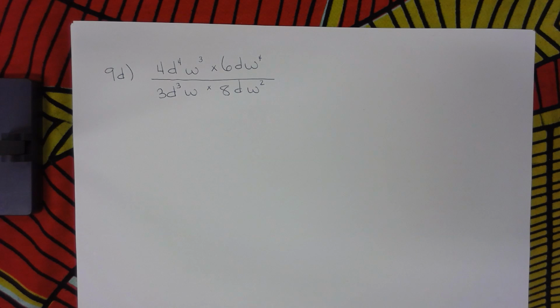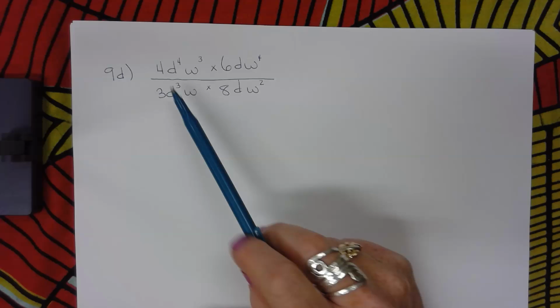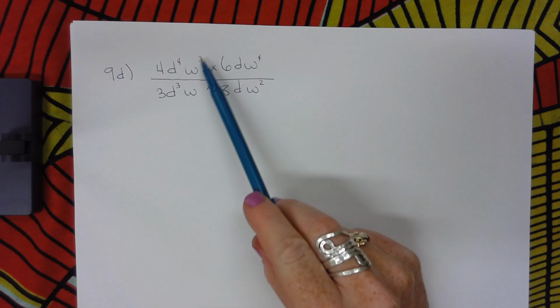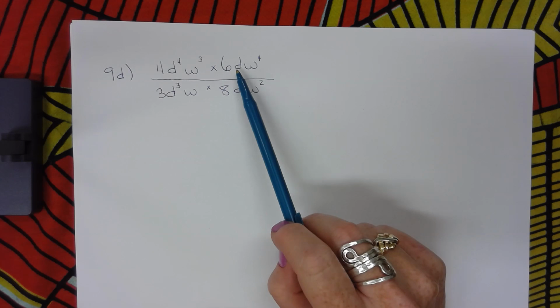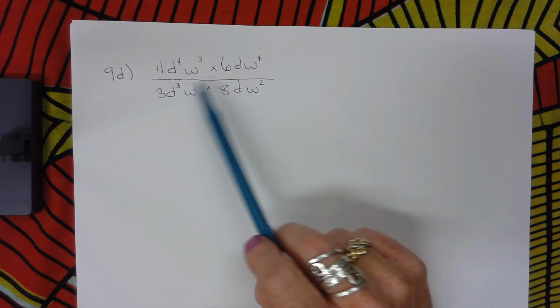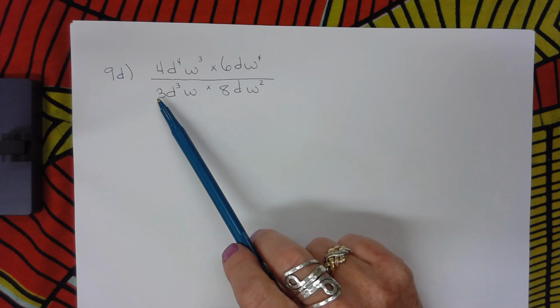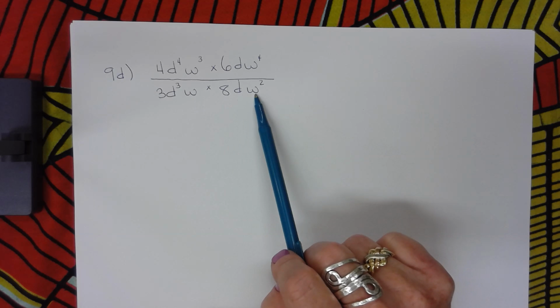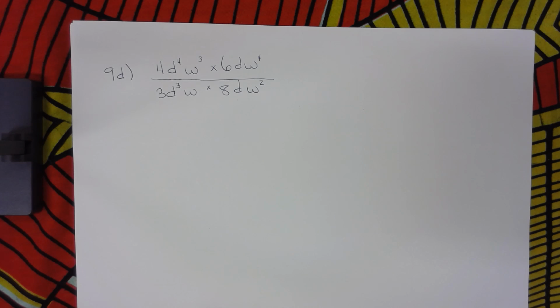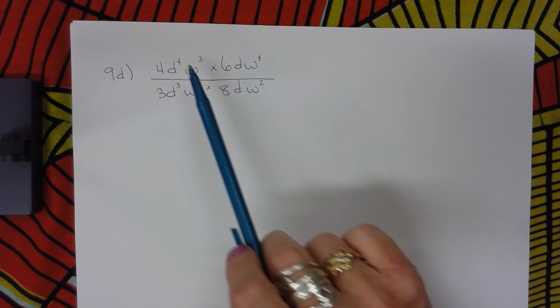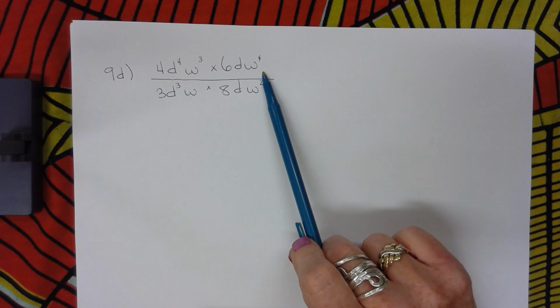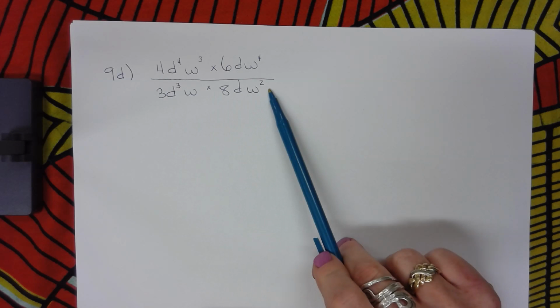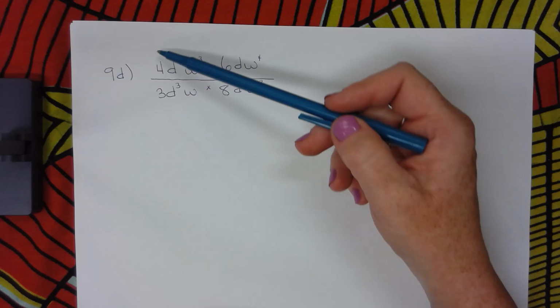All right, 9. So this question is similar to the last one. It's just a little bit more complicated. If we take a look, we have 4d to the exponent 4 w to the exponent 3 times 6d w to the exponent 4, and then all of that is over 3d to the exponent 3w times 8d w to the exponent 2. So we're going to do this question very similar to the last one, but first we should always try and simplify the numerator